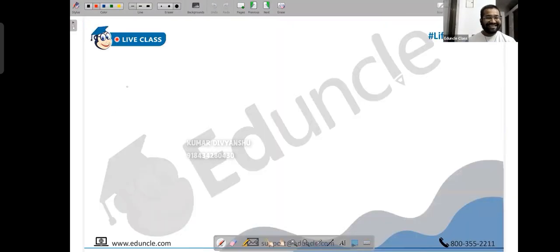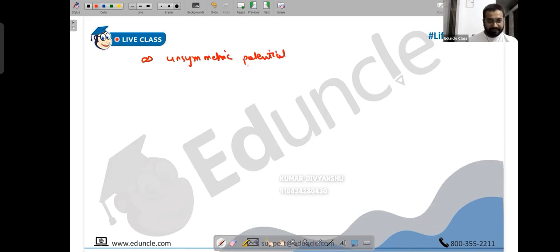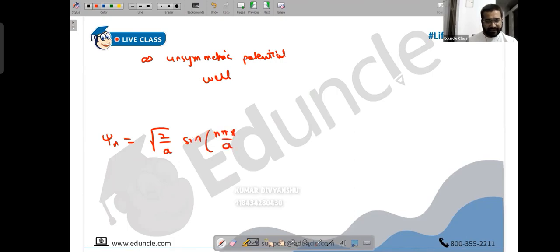Let's first recall what we learned in the last class, because I want to take a question on that. We understood that when we have an infinite but unsymmetric potential, the value of the wave function is always root of 2 by L sine n pi x by L. L or A, whatever we write. I think we wrote A a while ago, so I'll just write it A. You don't have to write these things again, I'm just rewriting it. And the value of n here is 1, 2, 3, it goes on. But when we have an infinite symmetric potential,